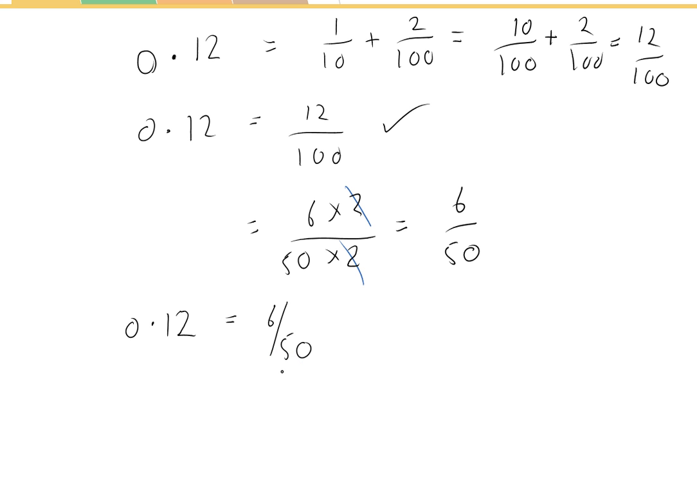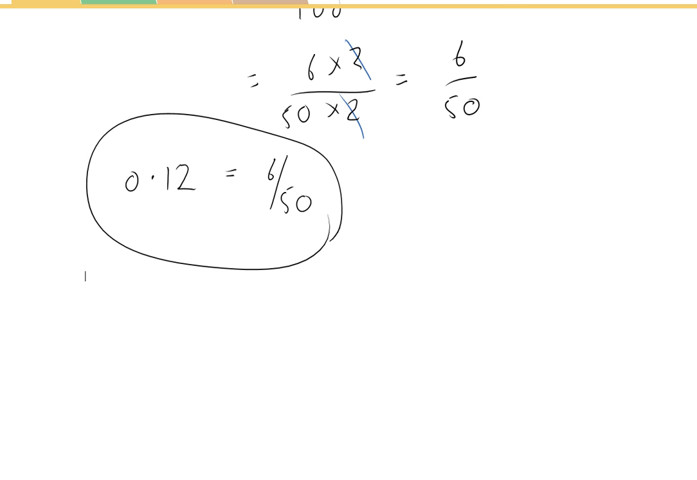So those are smaller numbers there, and that's a nicer way to think about fractions. It's 0.12 is 6/50ths. I'll give you a couple more examples. How about 0.55? Well, we can go through the steps, but we know it's 55 over 100, and of course that's going